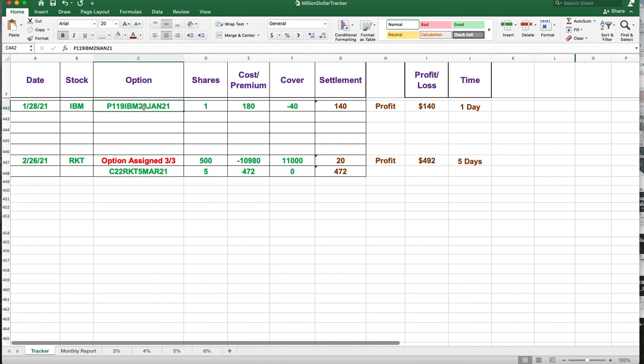All right, when you sell to open a put option, a cash secured put, that's what Merrill Edge does. A lot of other brokerages, you got to have cash on the line.